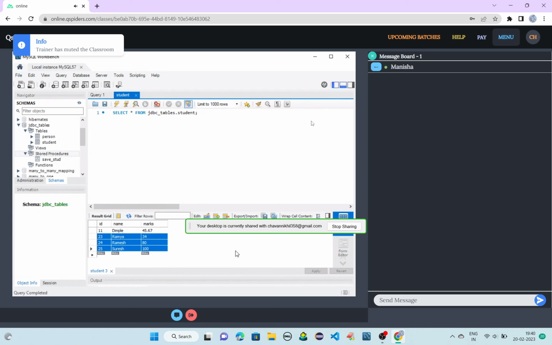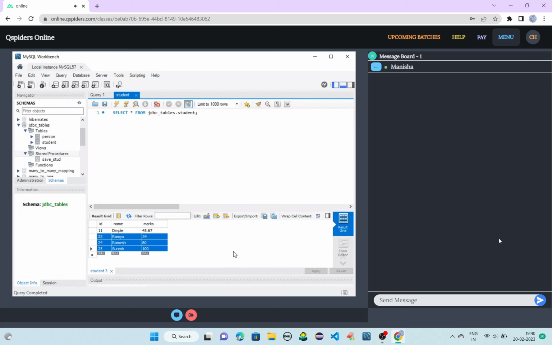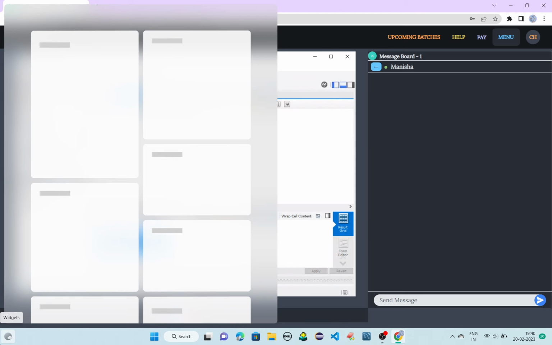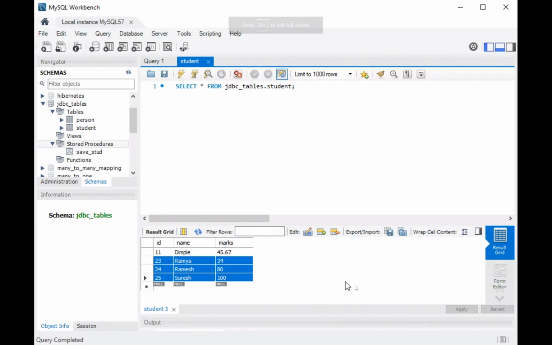MySQL database once and 3 data is also inserted at once. So this is your batch execution. As of now, in industries, we are not using JDBC, we are directly using Spring Boot and all those things. But this is important in your interview.